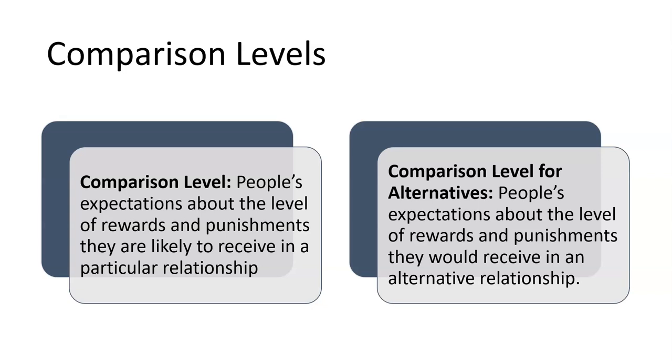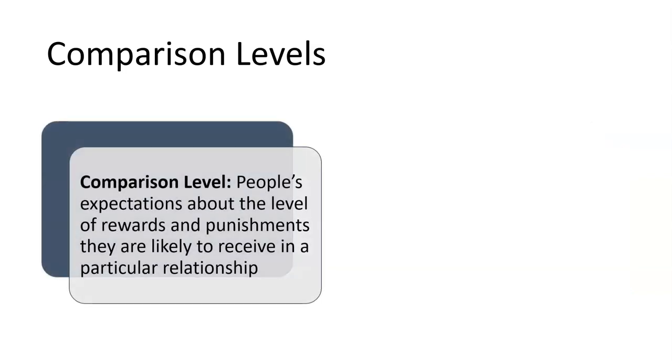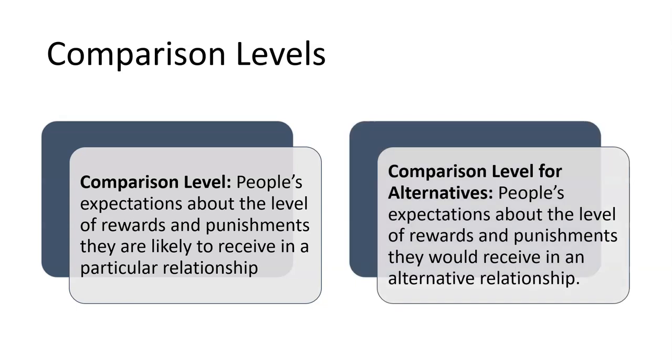What we tend to do in our thinking about our relationships is we compare. So social exchange theory really relies on the idea that humans in their relationships are always going to look outside and then compare their relationship and its costs and benefits with other possibilities. Sometimes it's literal comparisons with other people's relationships, but sometimes it's more about if you were to go with a different partner, what would the cost-benefit ratio be? And then there's, to elaborate on that, what kind of alternatives are out there for you?